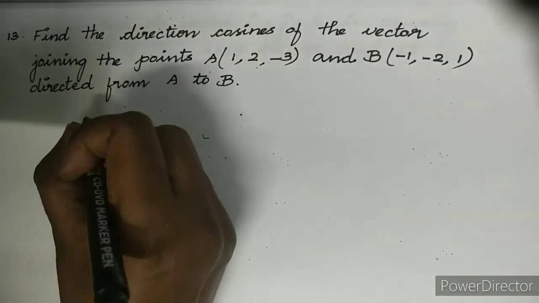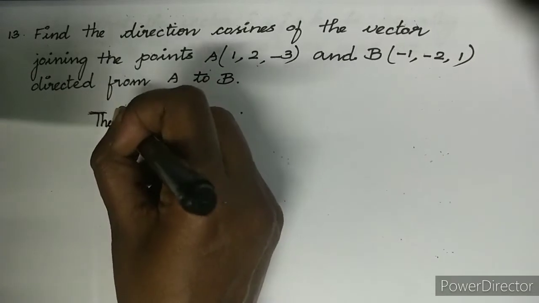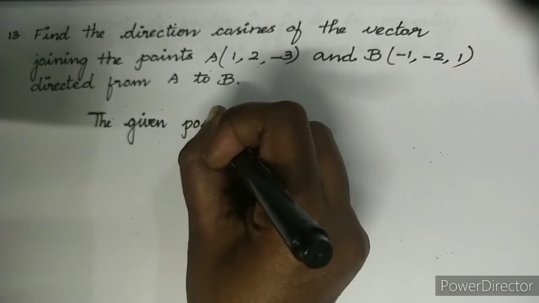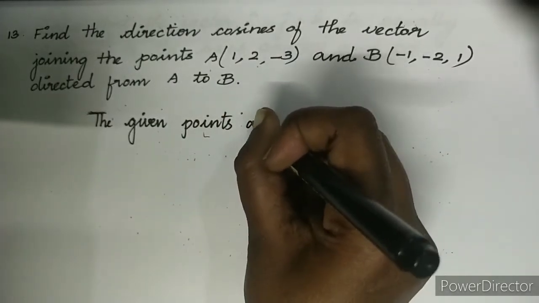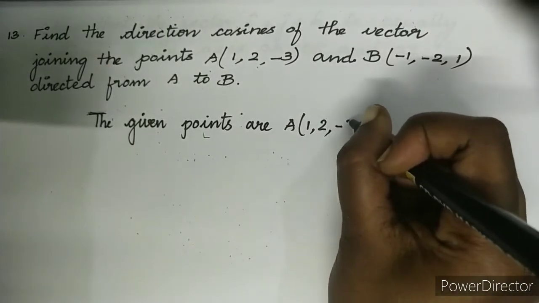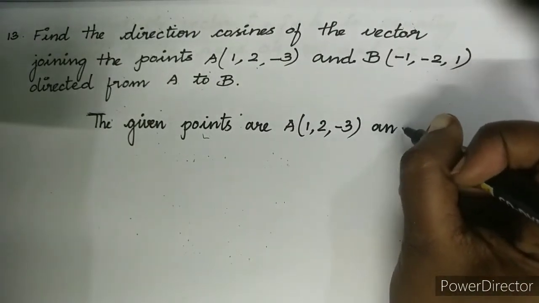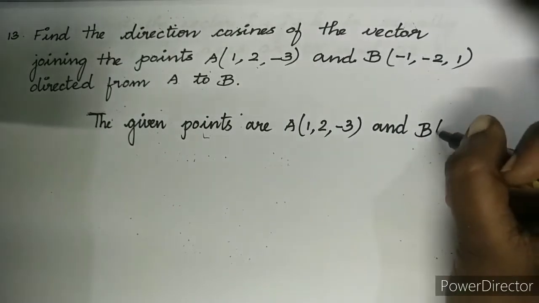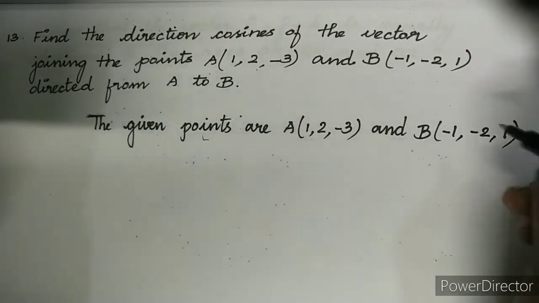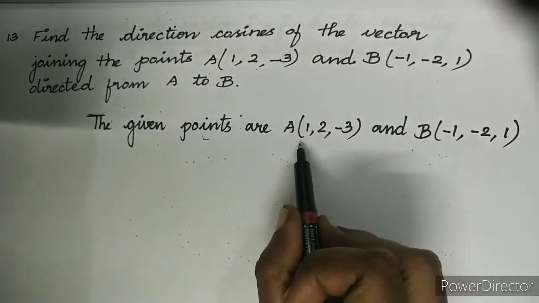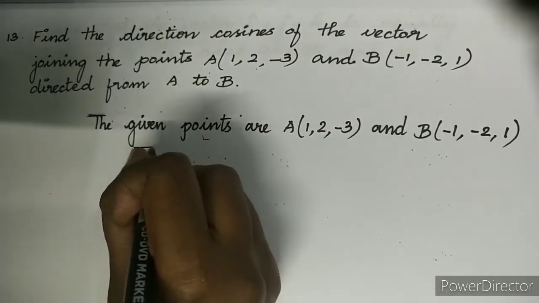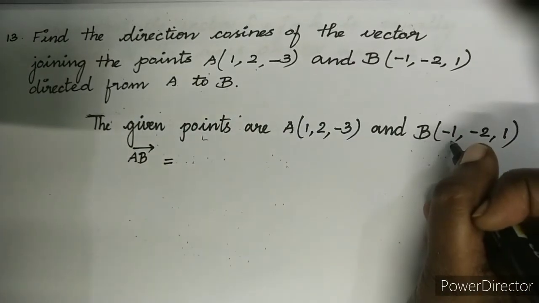So we'll write the given points are A, that is 1, comma 2, comma minus 3, and B of minus 1, comma minus 2, comma 1. And using this initial point and terminal point, we'll find the vector AB, which is nothing but